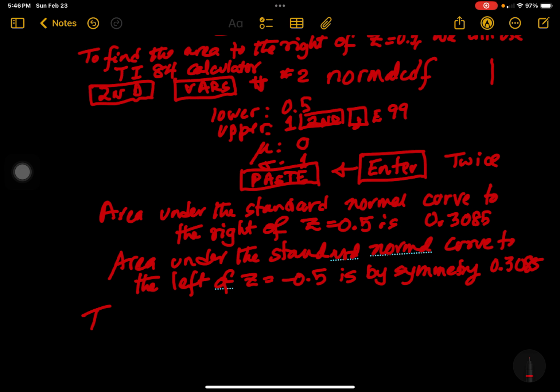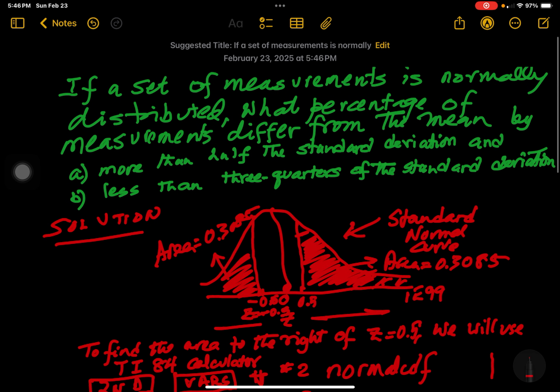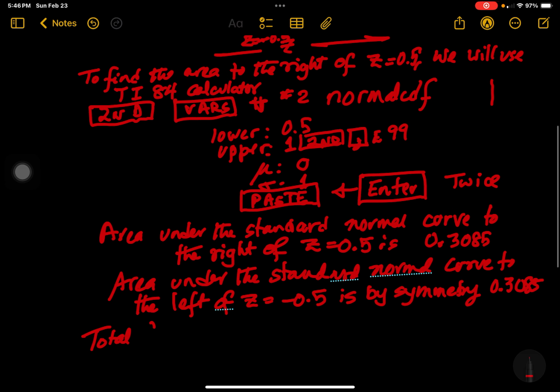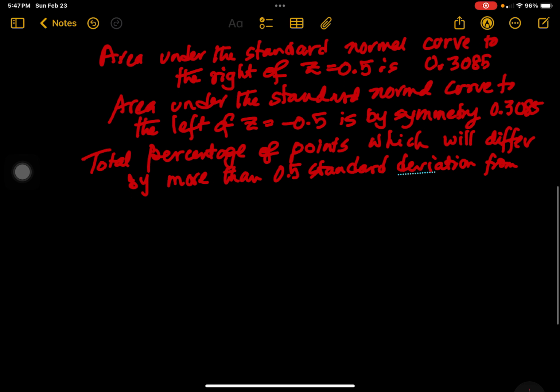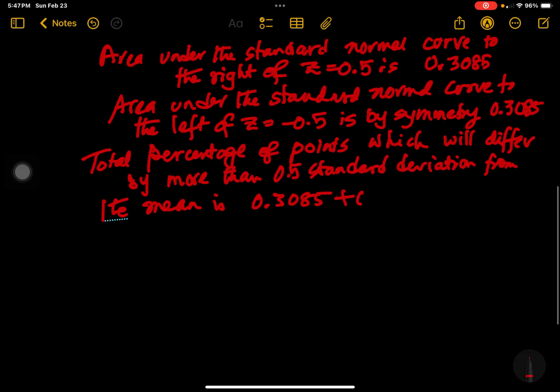So the total percentage of points which will differ by more than 0.5 standard deviation from the mean is 0.3085 on the right plus 0.3085 on the left, which is